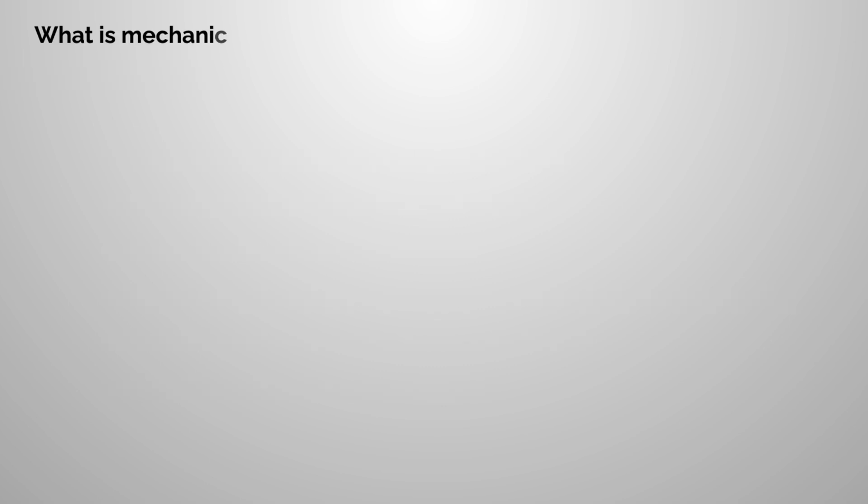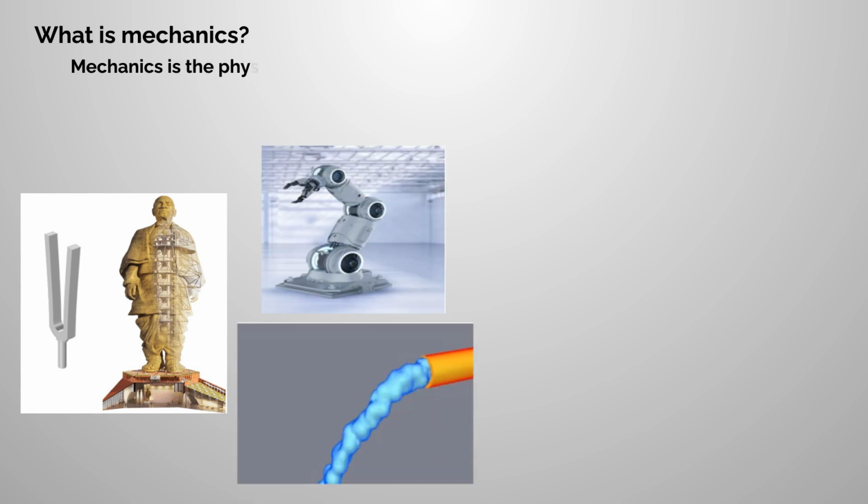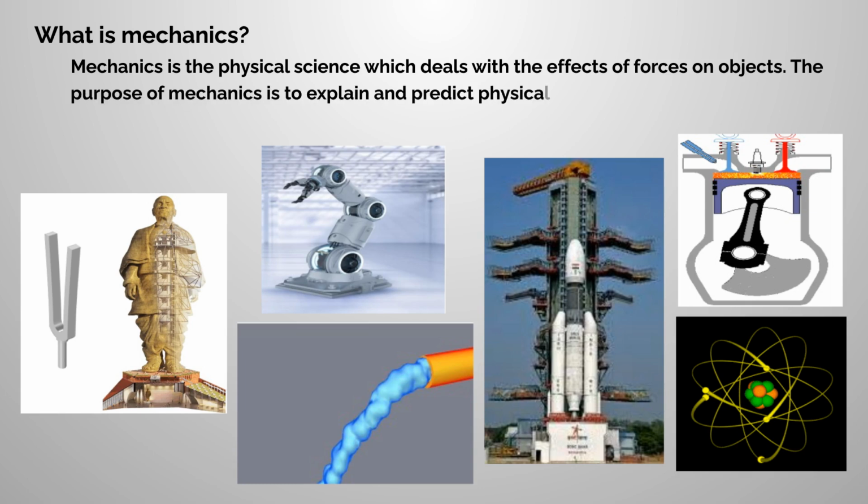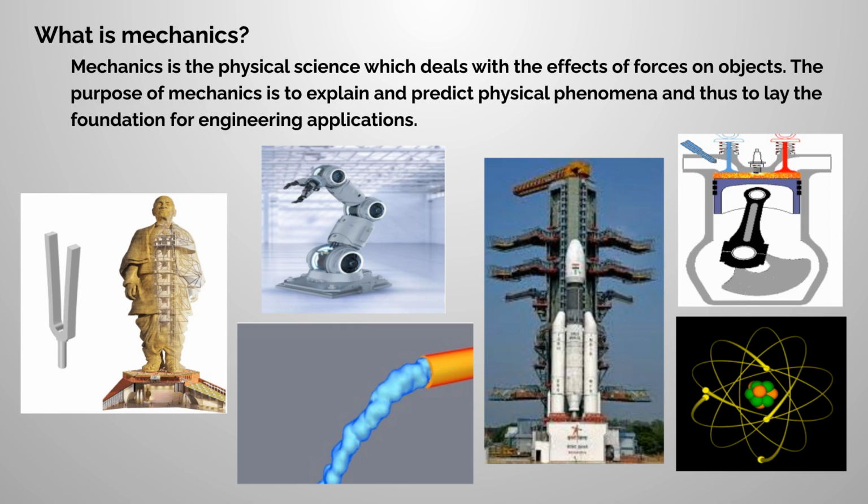What is mechanics? Mechanics is the physical science which deals with the effects of forces on objects. The purpose of mechanics is to explain and predict physical phenomena and thus to lay the foundation for engineering applications. Although the principles of mechanics are few, they have wide application in engineering. The principles of mechanics are central to research and development in the fields of vibrations, stability, and strength of structures